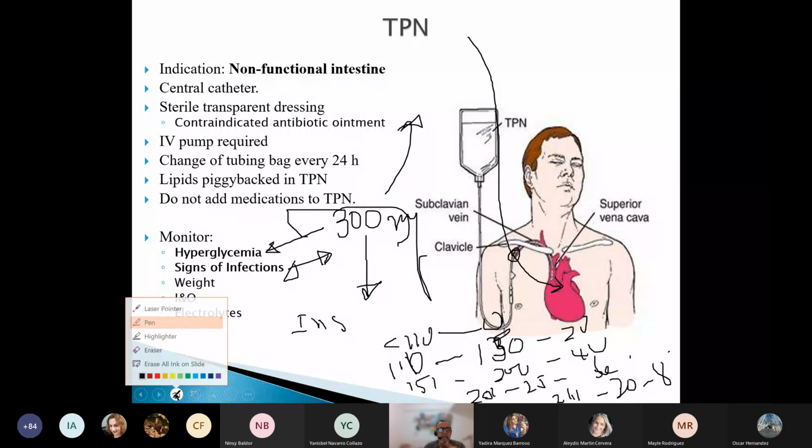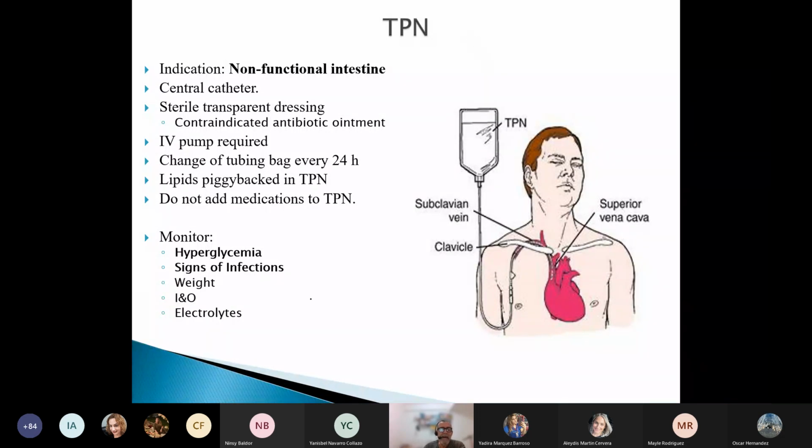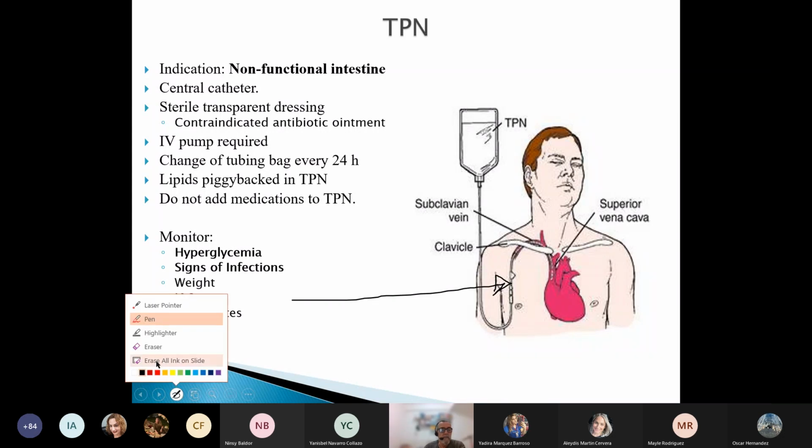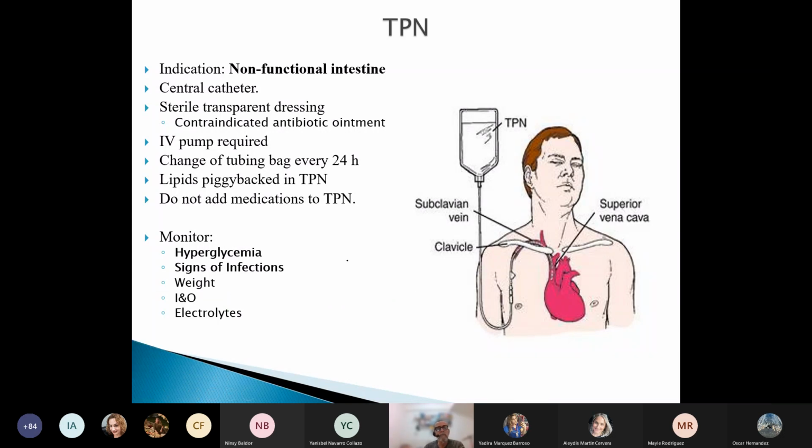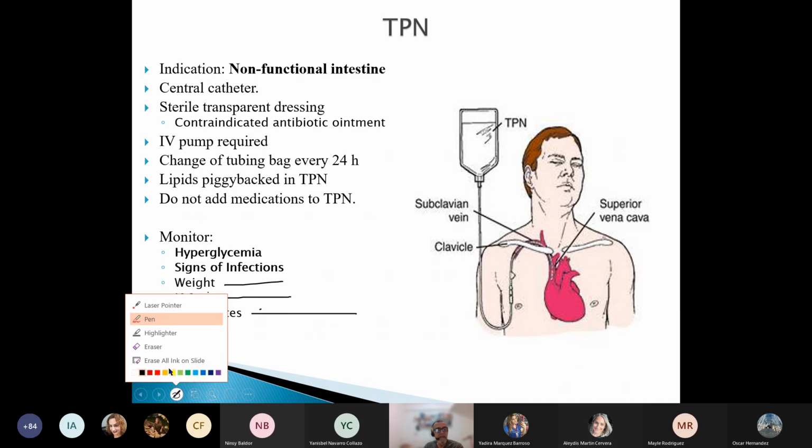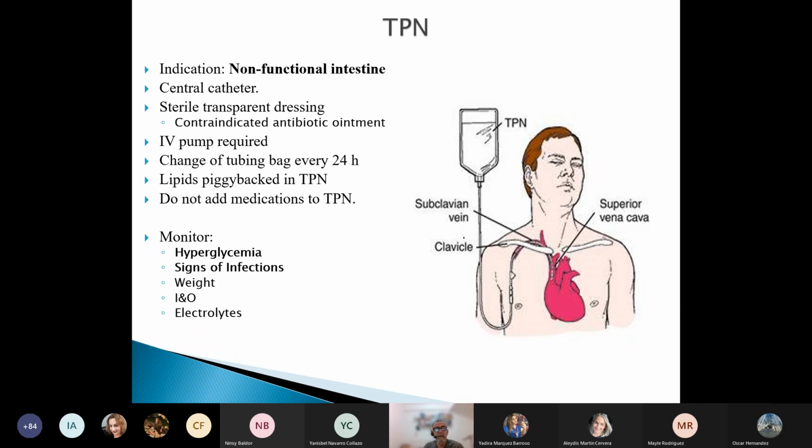And you're going to be repeating this every 4 hours or every 6 hours as ordered by the doctor. So is capillary blood sugar checking a requirement in those clients? Yes. How frequent? Frequent, but the exact frequency is going to be variable. It's going to be ordered by the doctor, okay? Of course, you need to weigh the client every day to determine fluid balance and stability in the weight. You need to have a careful measurement of I and O. Electrolytes and blood tests need to be checked practically daily. And those are the parameters that we are using.